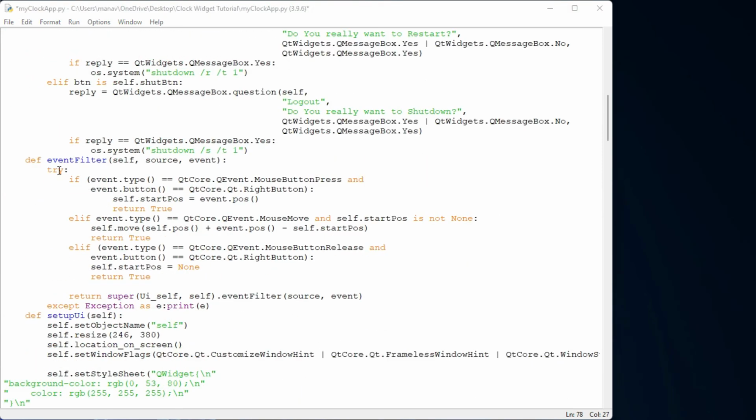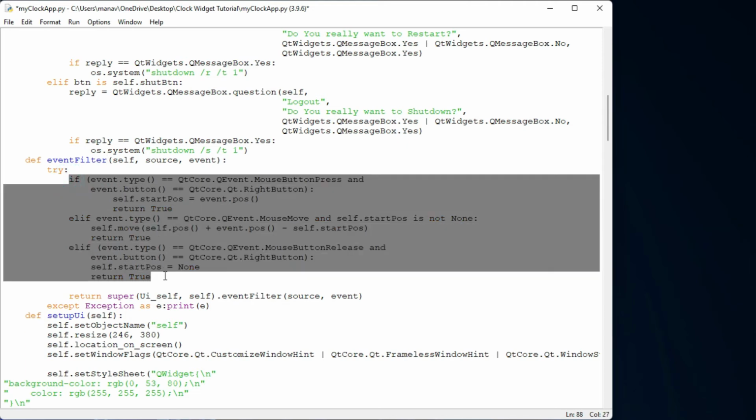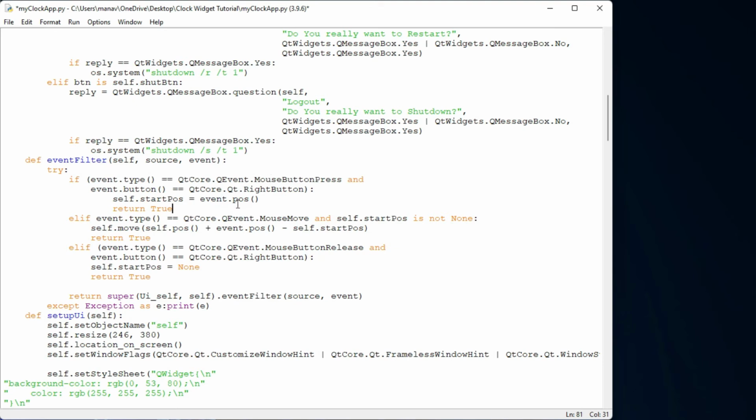So let's come into the event filter. Under this event filter, I am just saying that when the user presses the mouse right button, then the position of our application will be moved to that position.